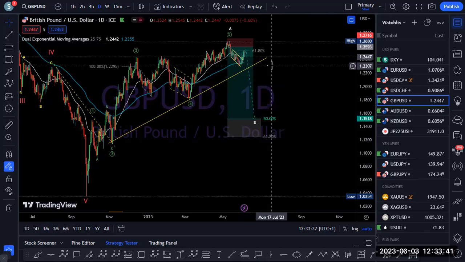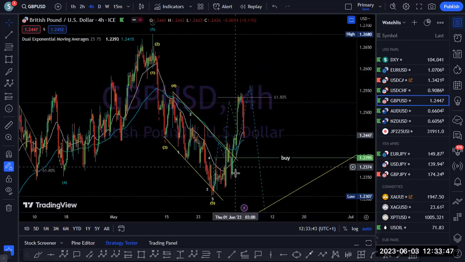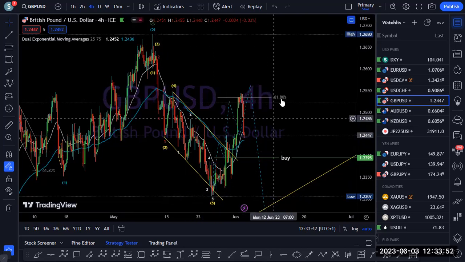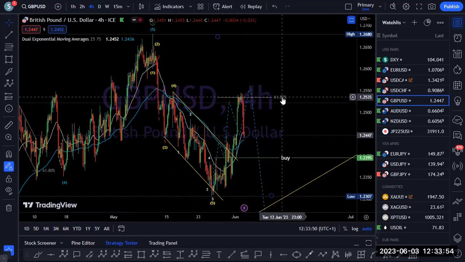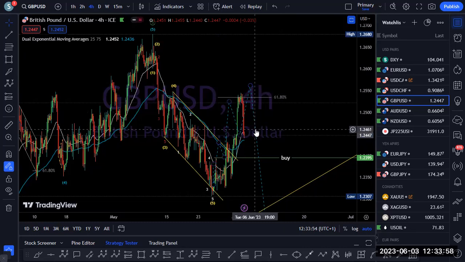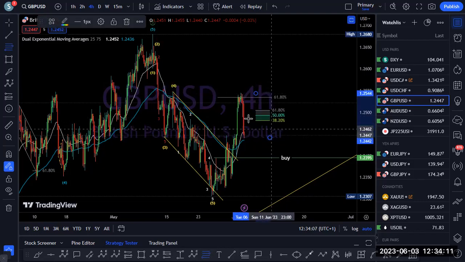But when are you going to enter the trade? That's why you go to a lower time frame, like 4 hours. Coming to 4 hours, we have a nice pattern. From here to here, the market reversed at 61.8 Fibo. So how do you enter the selling? It is simple. As I showed you on USD CAD, the same is applicable here. If the market gives you a reversal pattern,